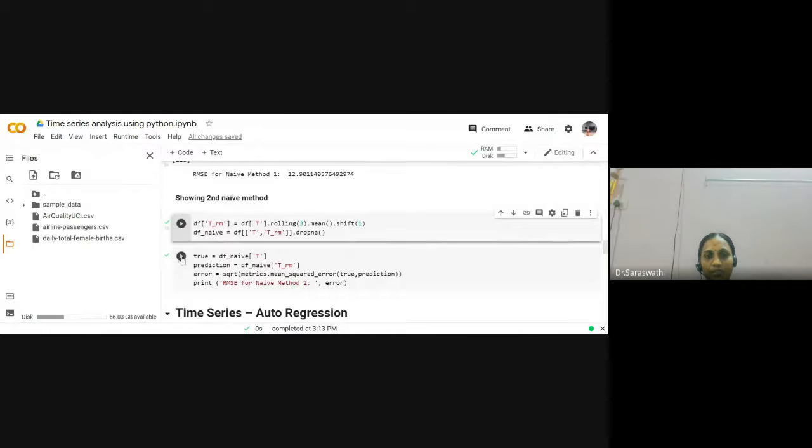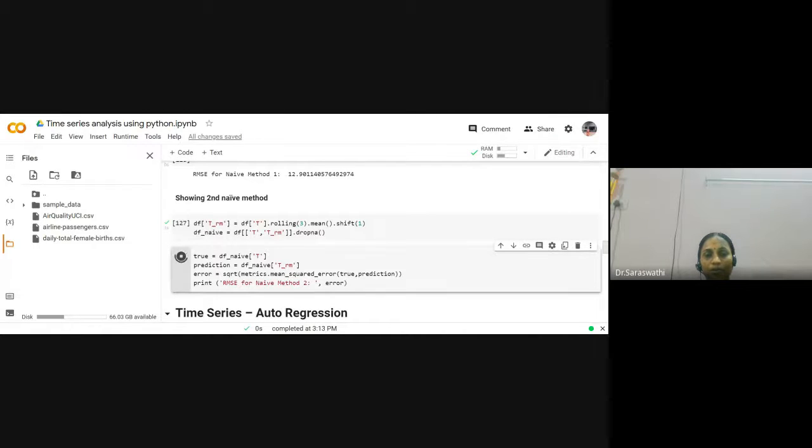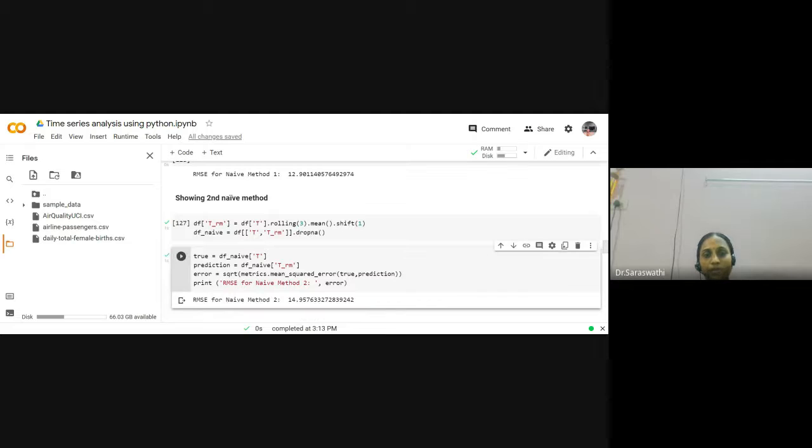So it is stored in the variable called true, and I'm going to calculate this error. This is the library inbuilt function I'm going to use, metrics dot mean squared error between this true data and the predicted data. Now if we see the RMSE value for the same data set, it is about 14.95,